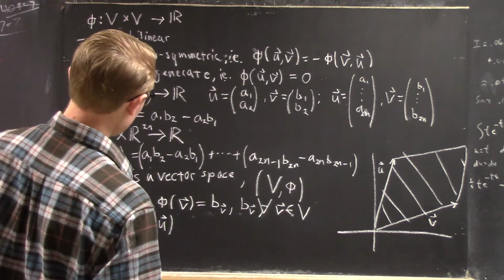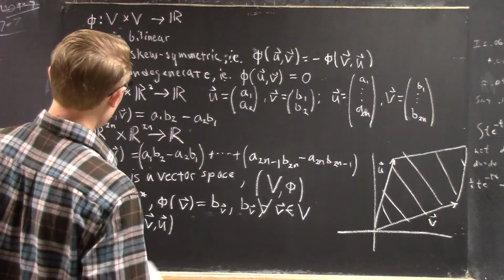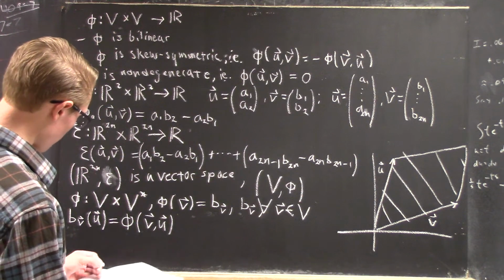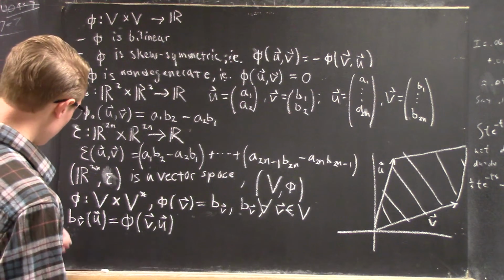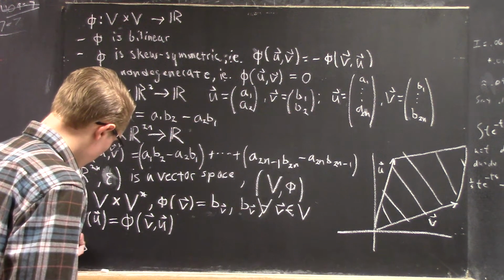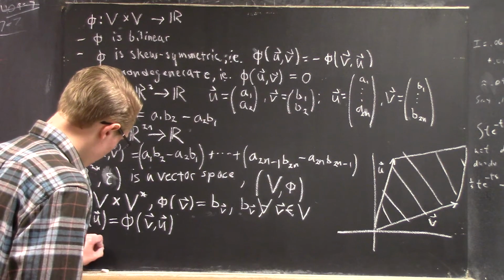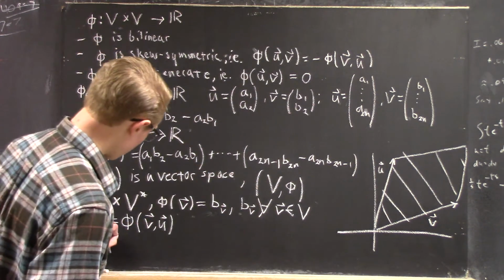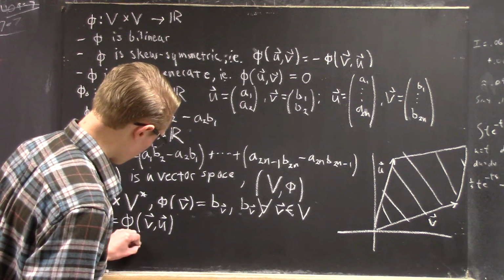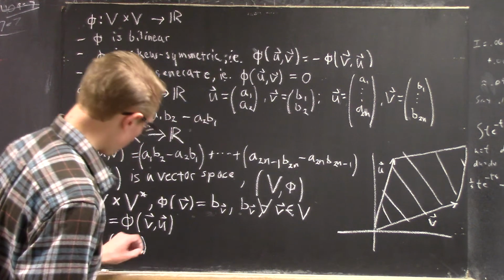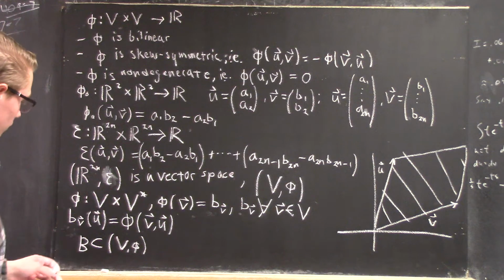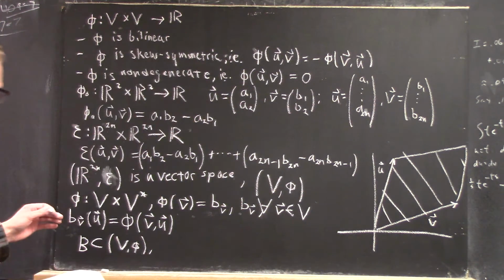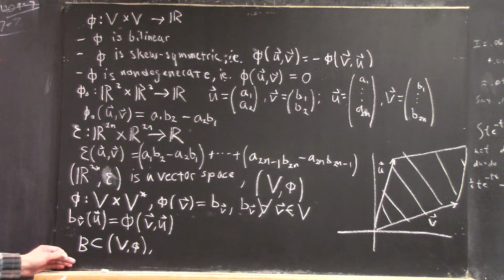Well, if we had a set of vectors, let's just say where B was a subspace of this vector space, well, for this particular vector space,